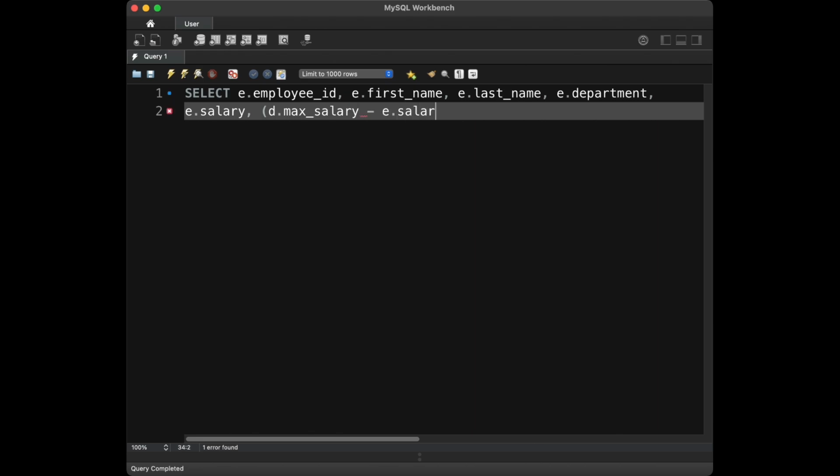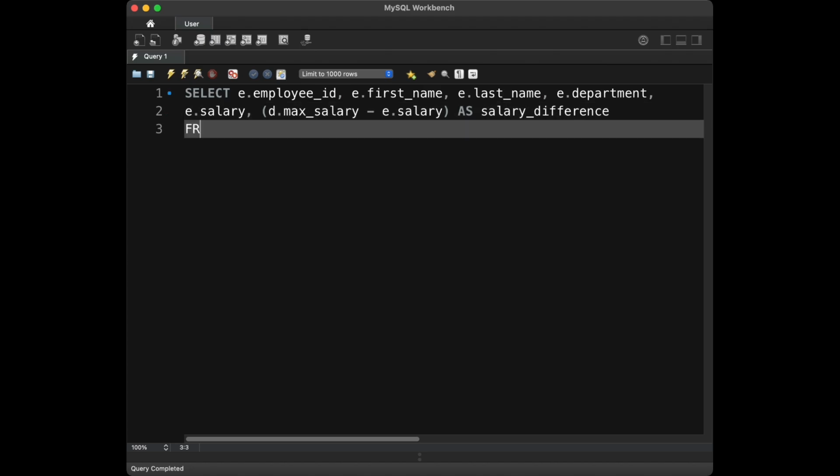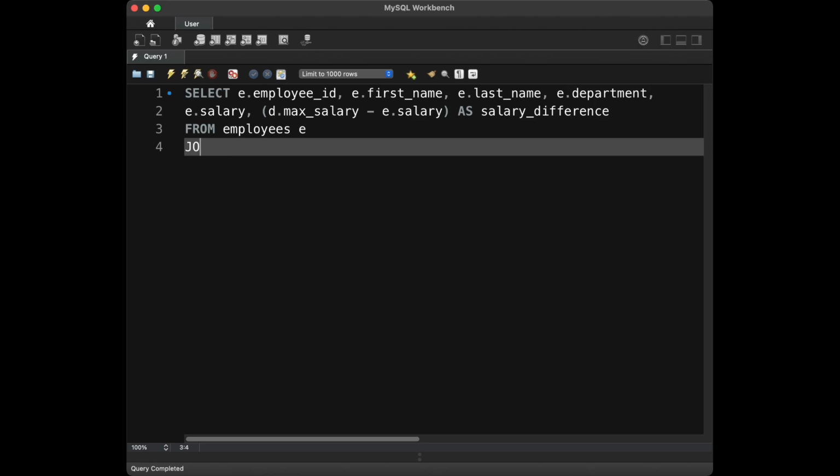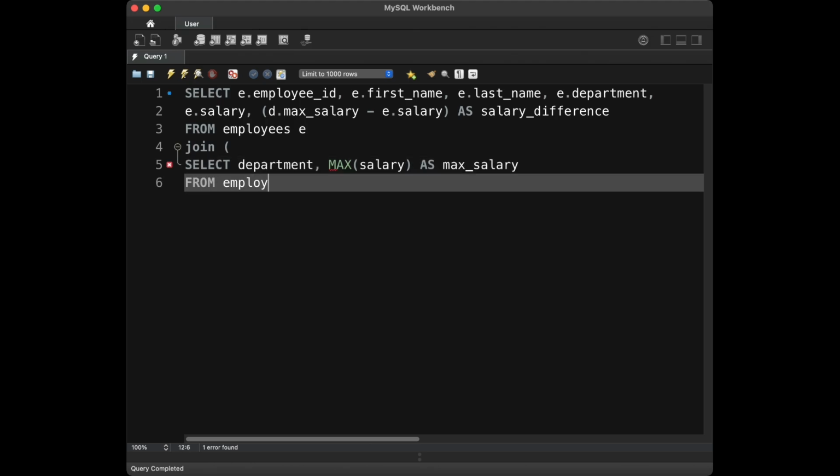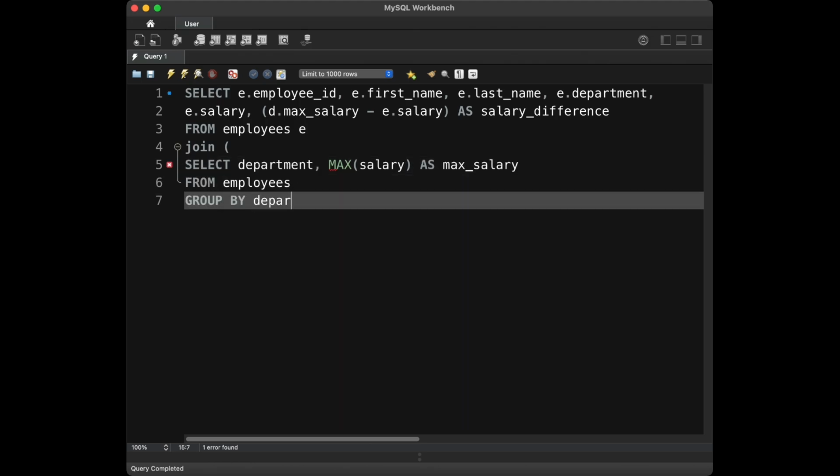Actually, let's go downside, e.salary, and d.max_salary, it's going to be department, and I will say d.max_salary minus e.salary AS salary_difference FROM employees, and we are going to set this table as e. Then we will say JOIN, and then I'm going to say SELECT department, MAX(salary) AS max_salary FROM employees GROUP BY department,